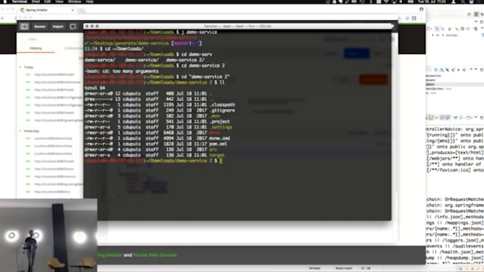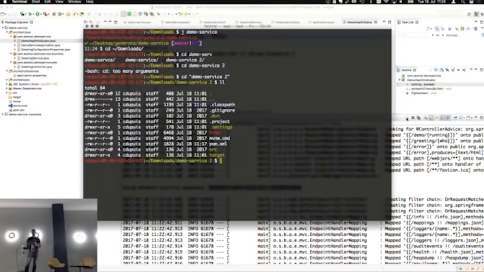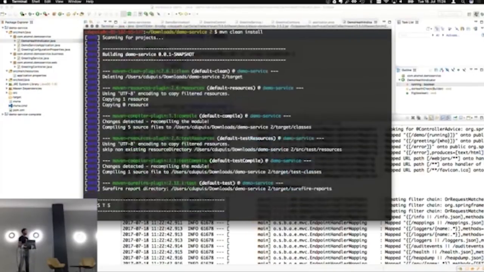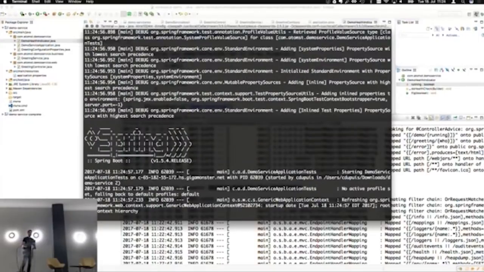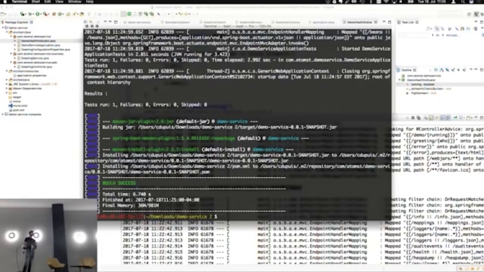Okay, so the first thing you do, right now, like previously, everything we've done is run the service from the IDE. So I'm going to stop it here. I talked very early on in this talk about how you can package this up and create an Uber jar. So let's do this, Maven clean install. That's what I meant by Maven and Gradle are supported. Both of those build tools will enable you to create Uber jars. An Uber jar is essentially everything you need to run the application in any environment that has the JVM.